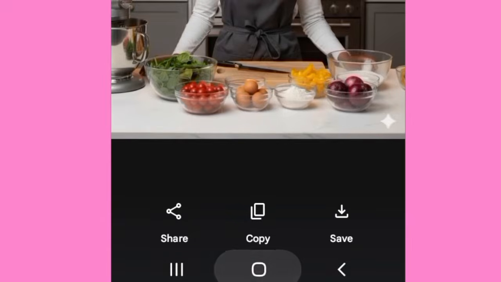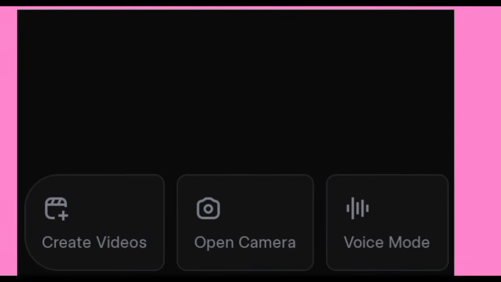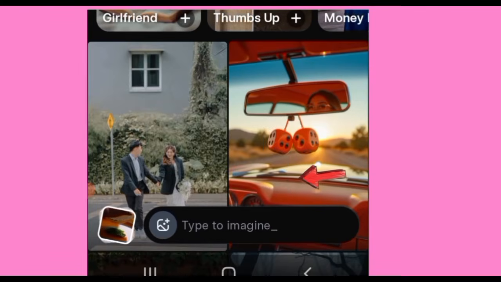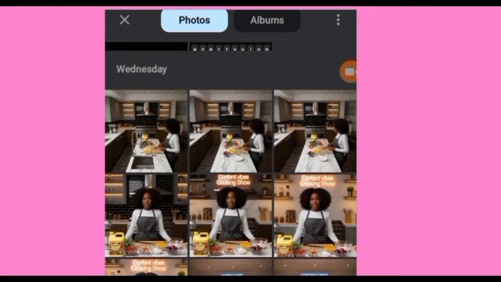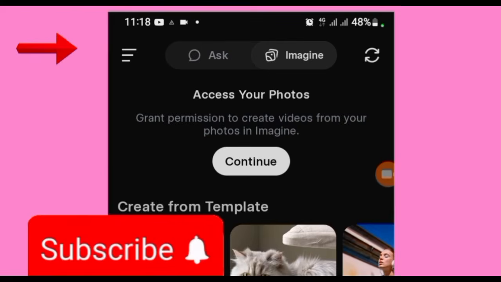To download the image, head over to Grok AI, click on create videos, select here, and on the photo library, then select the image that we've generated. Grok AI automatically generates your videos for you, but if you don't want this feature, what you need to do is to click here, select the setting option,